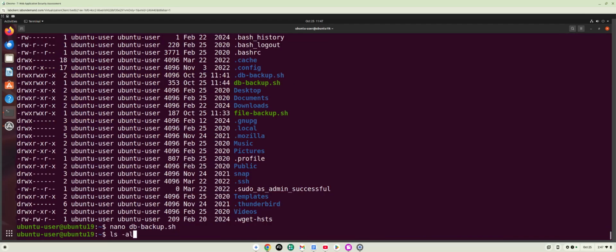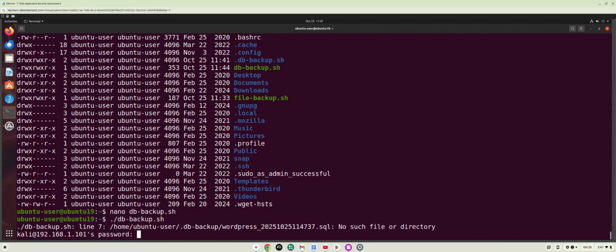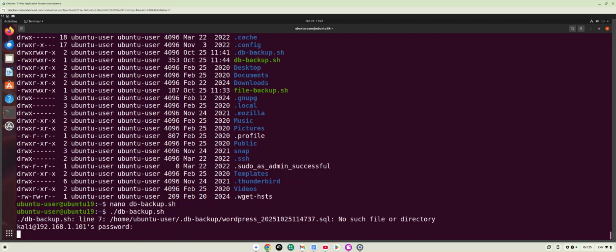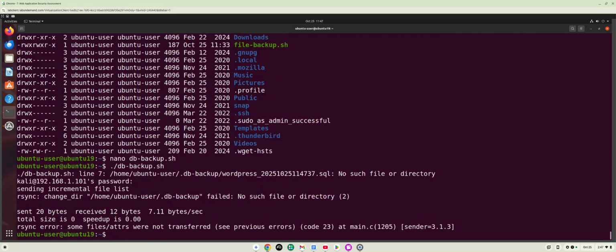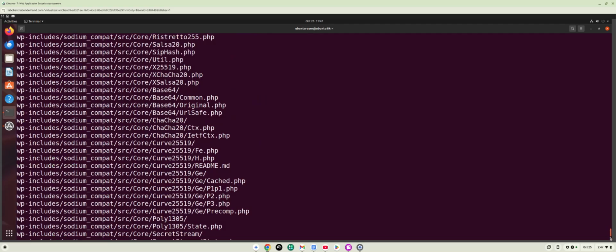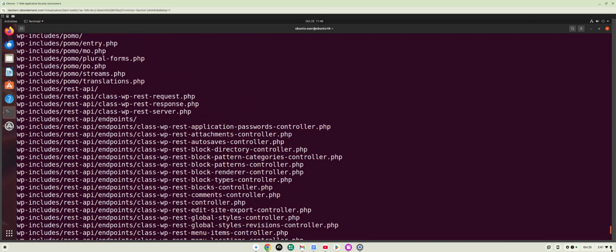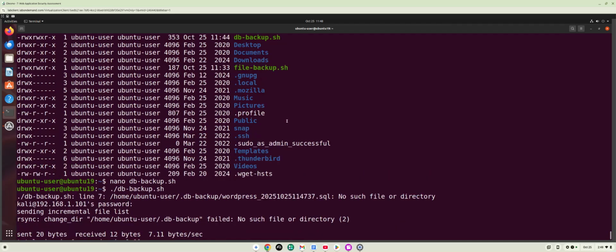Try running that again. Yeah, I'm not sure why it's not running, but as you can see, that exists. We can see that up here. So I'm not sure why my database backup isn't running. But usually, just on this step, this is what we would have to do in order to back up our database files